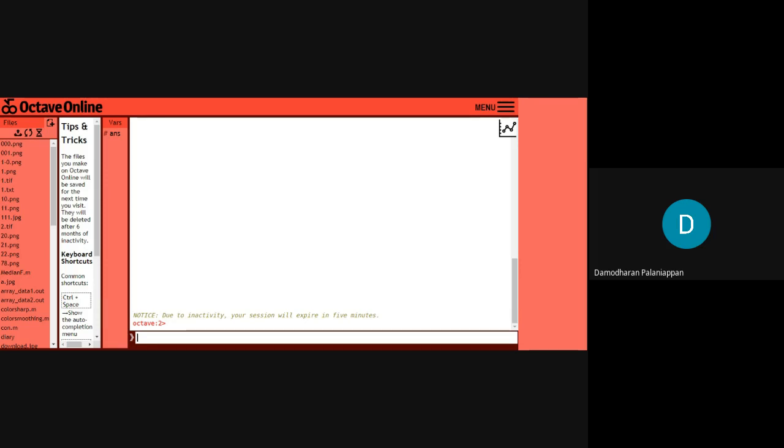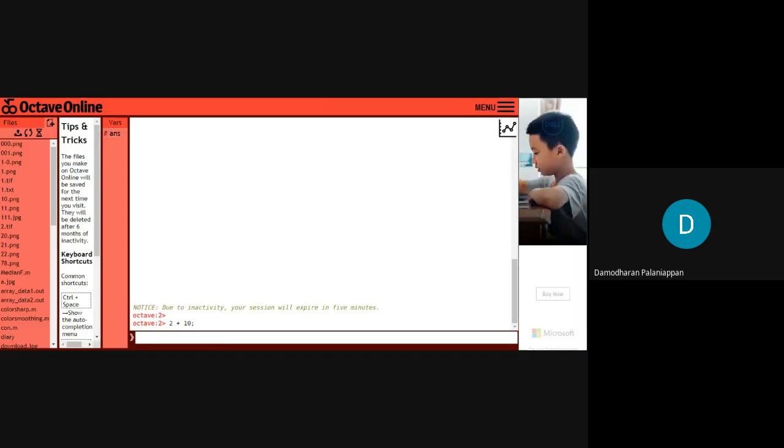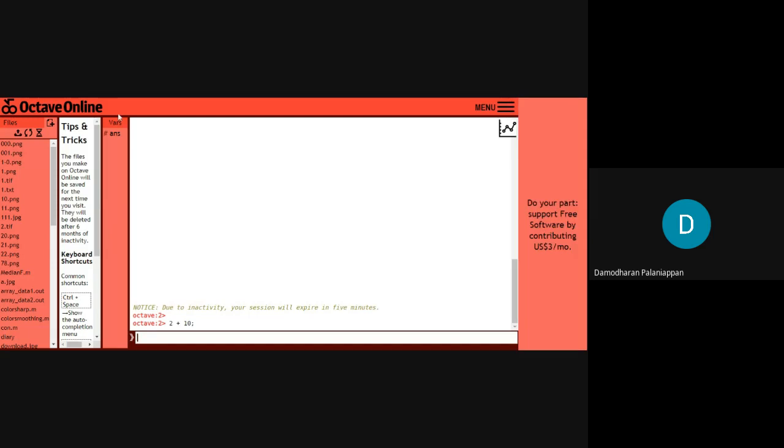For example, if I give 2 plus 10 in the prompt with a semicolon, meaning the end of the command, and press enter, 2 plus 10 will be executed. The output will be stored in the default variable called ans. We can see the variable here, ans. If I click this ans,